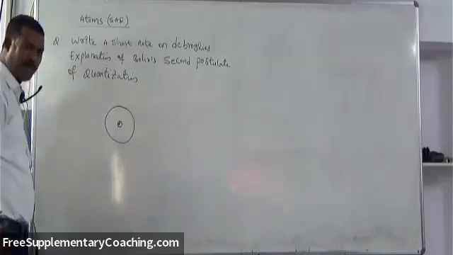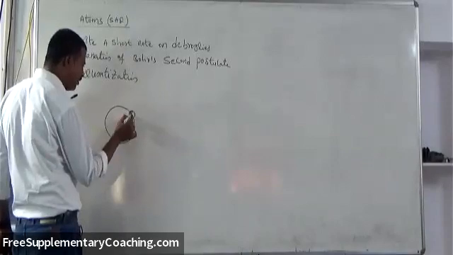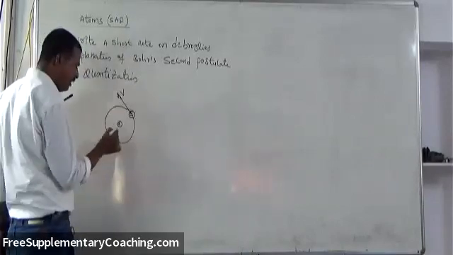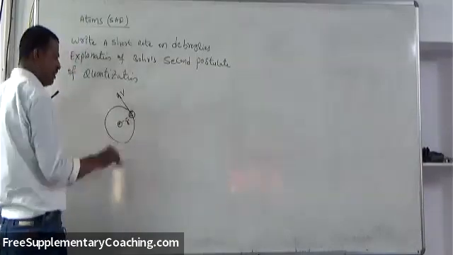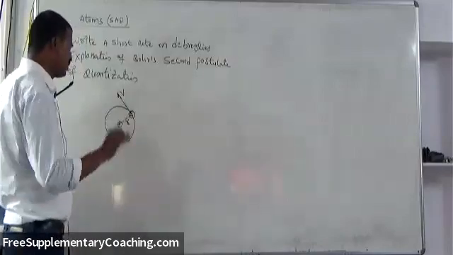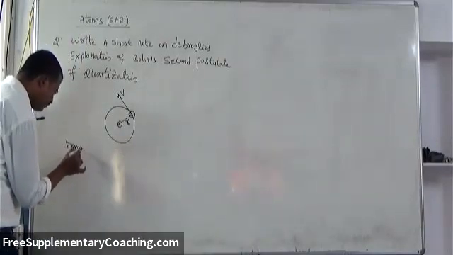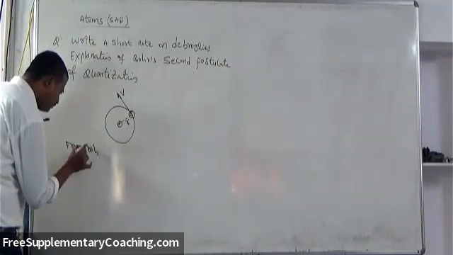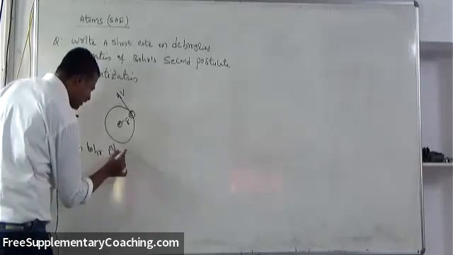The nucleus is the center point that has positive charge. The electron revolves with some velocity v in a particular orbit of radius r. So from the Bohr second postulate, we can write: